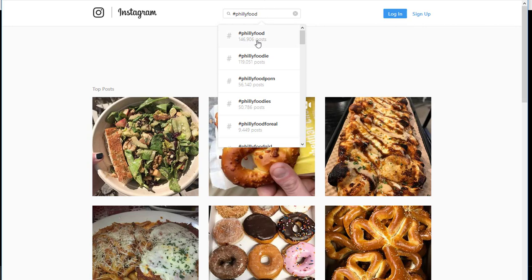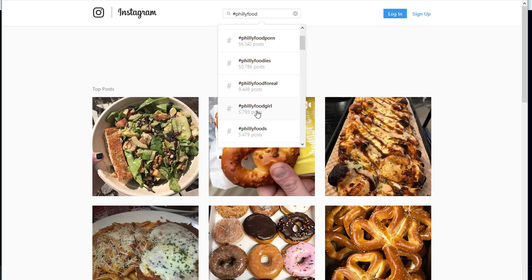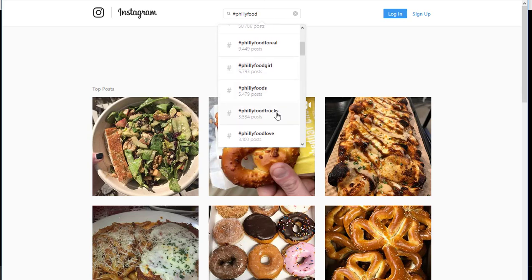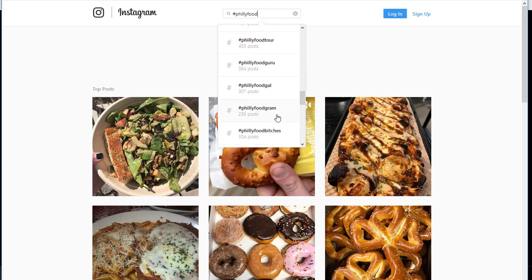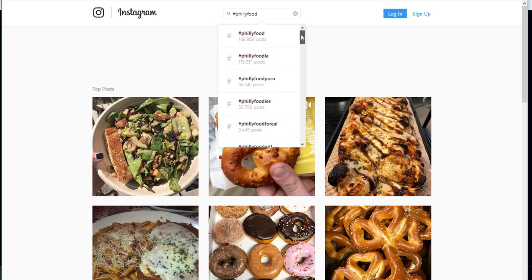So Philly Food, 146,000 posts. Philly Foodies, Philly Food Porn, Philly Foodies, Philly Food for Real, Philly Food Girl, Philly Foods, and the list goes on. It kind of decreases in volume from there. So if you're going to be posting, don't really post any hashtags that are less than 1,000, a couple thousand. I only really stick to the hashtags that have over 10,000